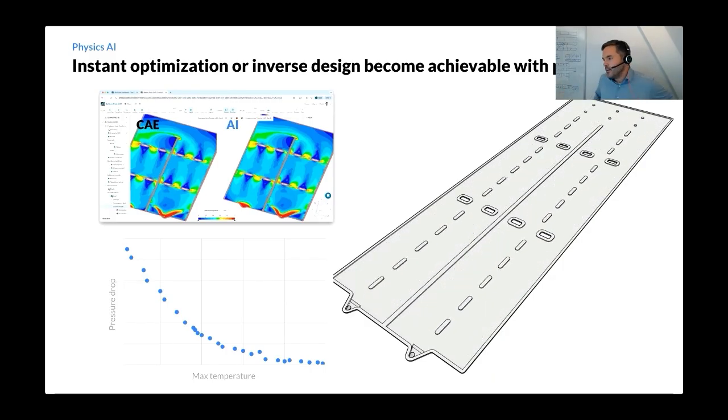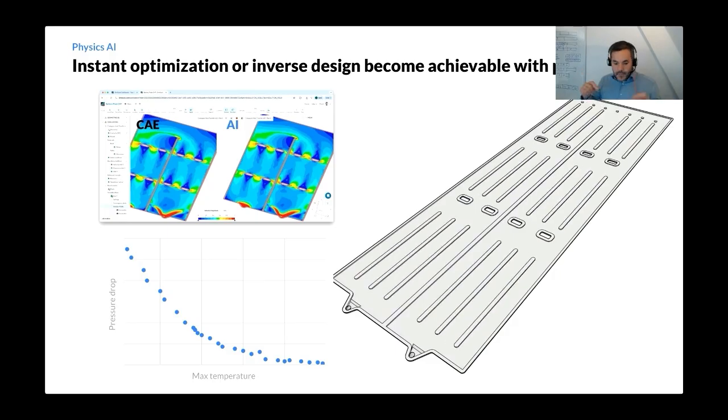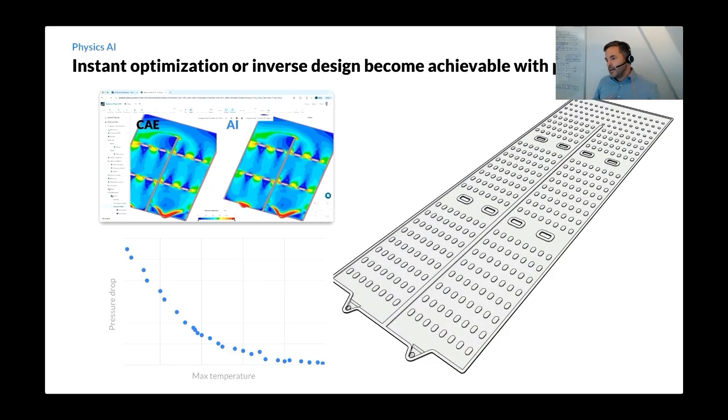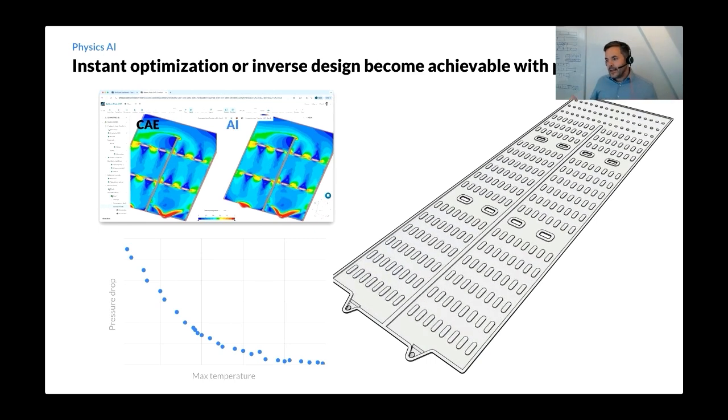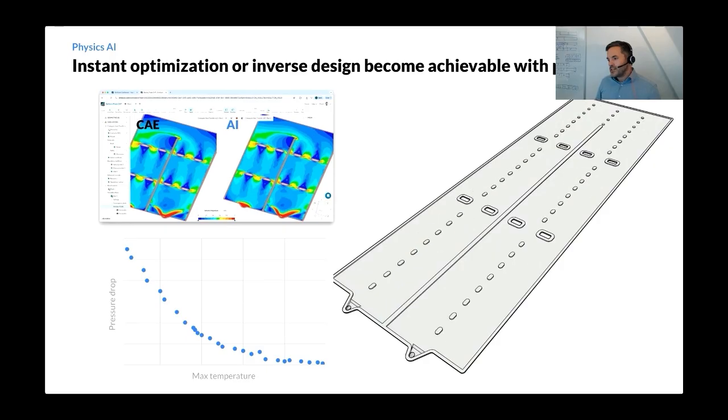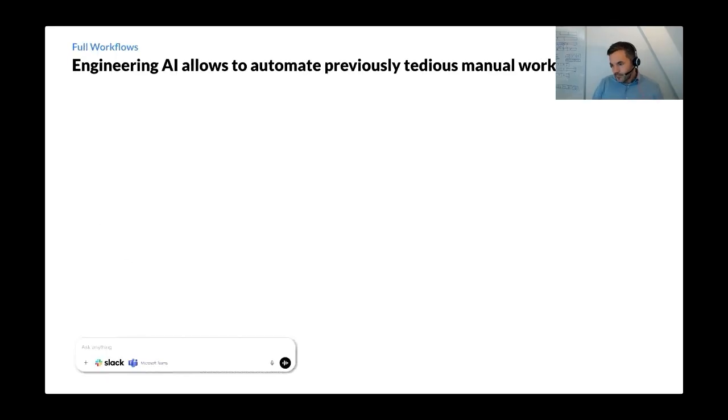And we can see here on the right the good old pressure drop versus heat dissipation, which can then be done in minutes. So we can evaluate hundreds of design points in minutes, all simultaneously, and open the door to explore design spaces in a much more aggressive way. And then with that, I want to wrap this up.